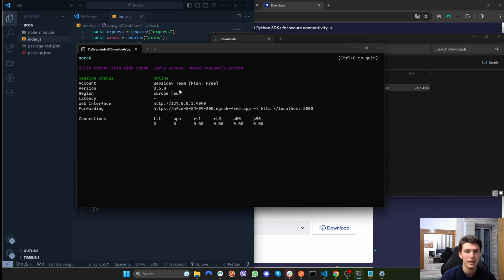Of course, you need to create an account first, and once you create an account, you will get an API key. So using that API key, then you can use the ngrok service. And as you see, we just got a public URL which is forwarding the data back to our localhost 5000 URL. So let's copy this,